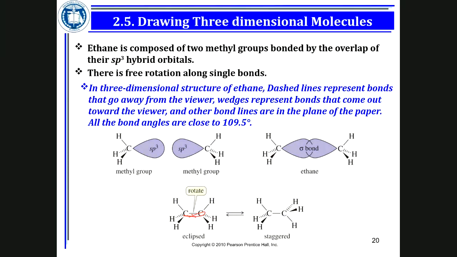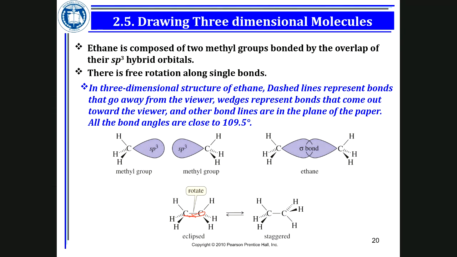Now if you have a double bond, let's say I have a double bond here. You can try this with your own hands: put the two together, align them properly and make the double bond, and try to bring your thumb up with the right hand. It's very hard, right? So you cannot rotate around a carbon-carbon double bond, but you can rotate very easily around a carbon-carbon single bond.